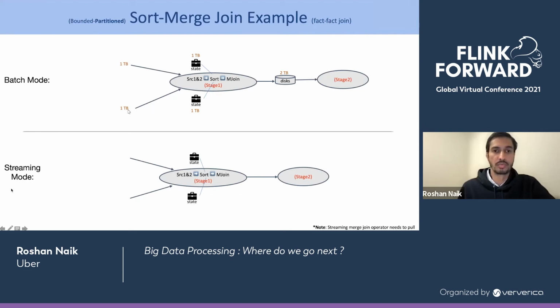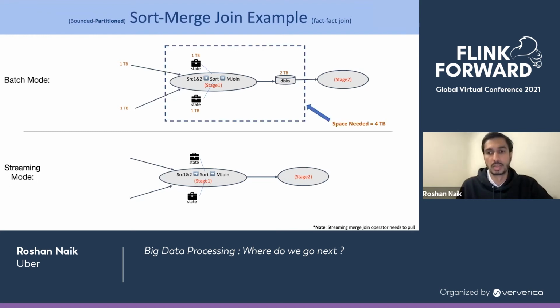So in this case, if you feed that 1 terabyte each directly to the sort as it is pre-partitioned, then the 1 terabyte and 1 terabyte is required for the sorting, and then the merge join will basically write these merged joined output to disk, and this basically translates to 4 terabytes. In the streaming mode,